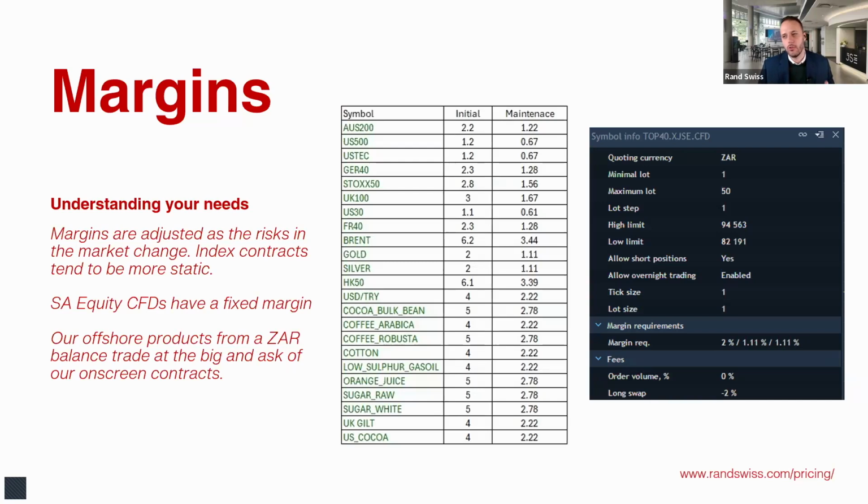Obviously, the index margins don't really change too much. I mean, we can motivate to change them as well. I know we are re-looking at a lot of these things. Equity CFDs, as I said, have fixed margin, but typically around 10%. And then our offshore products, the one thing that is quite cool is